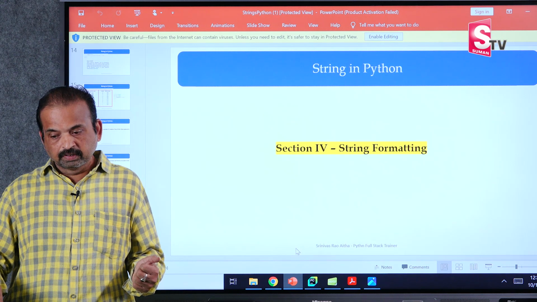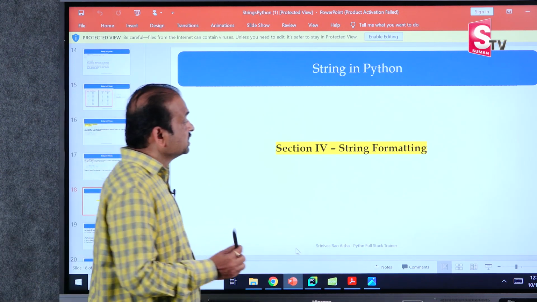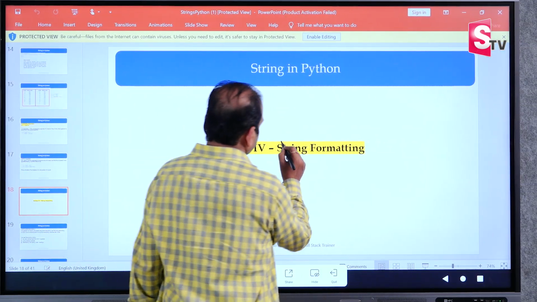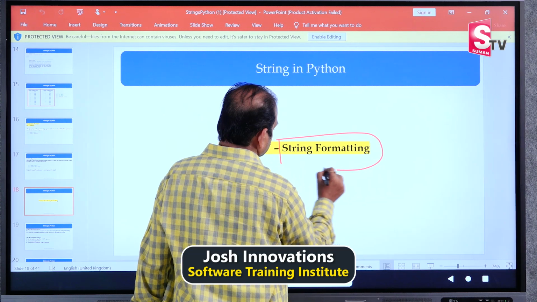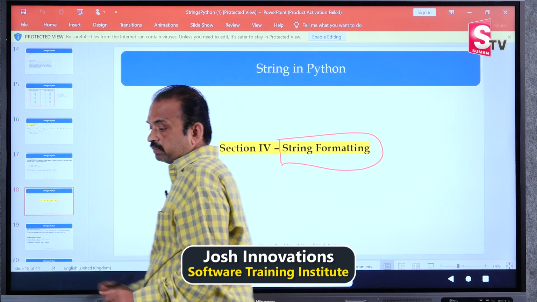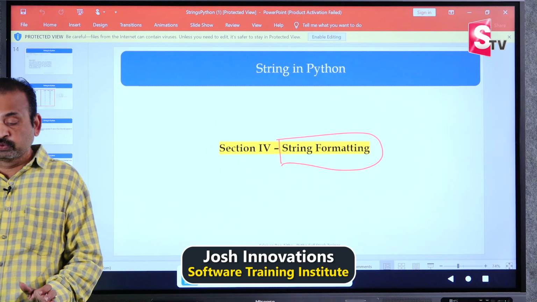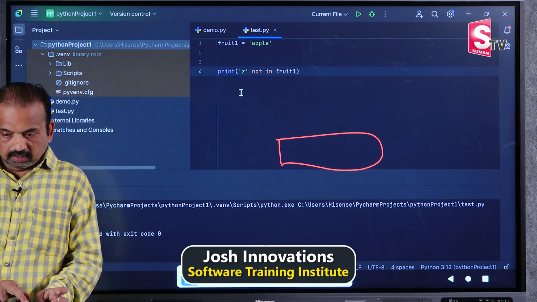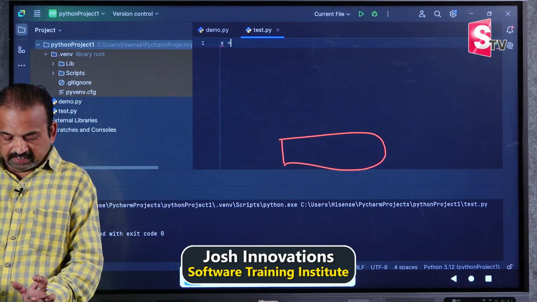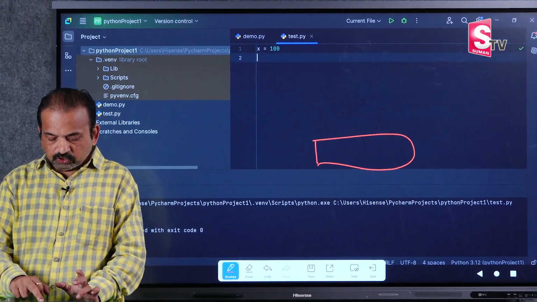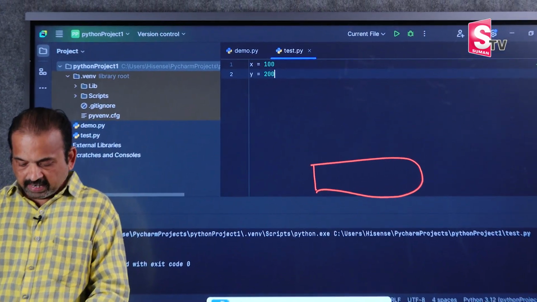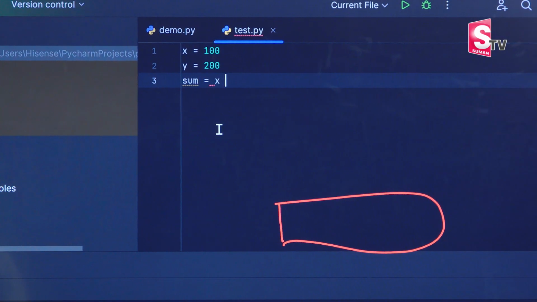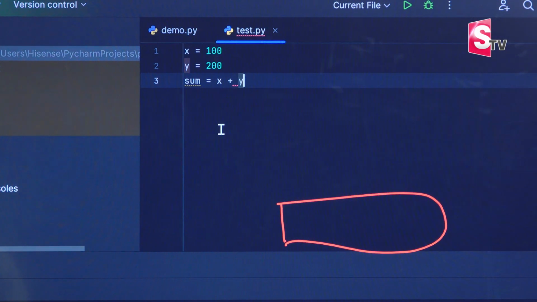Now, what is the next section? String formatting. How to format a string? Before formatting, for example, I want to add two numbers. So if you want to add two numbers, I'll say x equals 100, y equals 200, and sum equals x plus y, and my expected